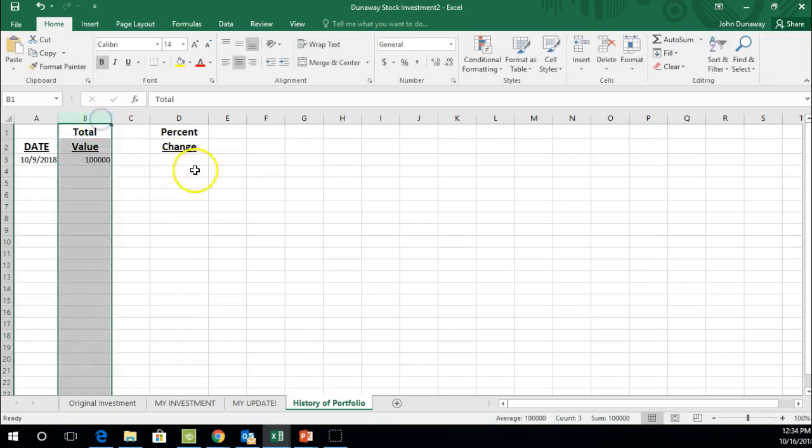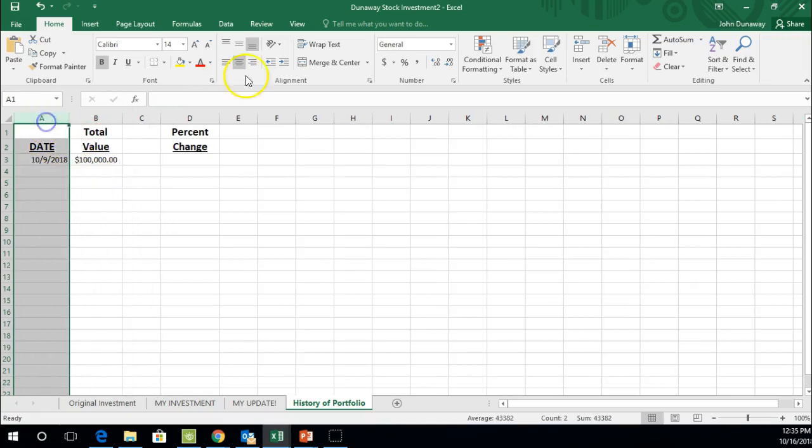Now we need to format column B. So click on column B, go up here and select currency, and it should do that. Let's center that also. Whoops. Maybe click it twice if necessary. I'm going to widen column A a little bit more, and I am going to also center column A because that's going to bother me. I have to hit it twice to get it to center. All right, that was our